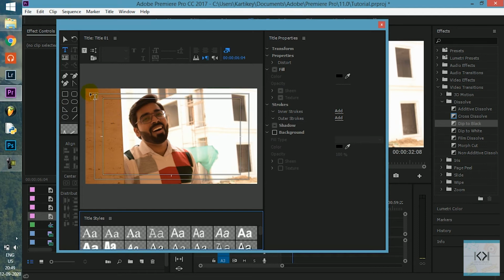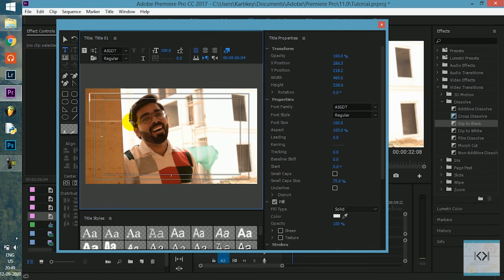For adding a text, what you need to do is first define a space where you will be typing in your text. As you can see over here, there is a little arrow. When I click on it, it will start creating the space. The space will be in the shape of a rectangle. So left click and hold it. You will see that a rectangle is being created, and I will leave it over here.